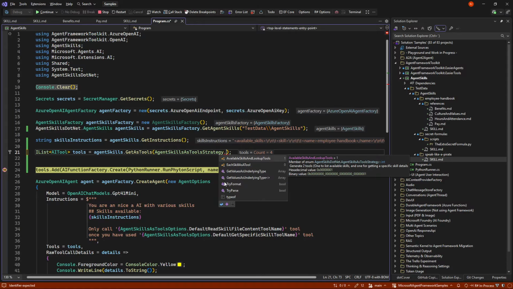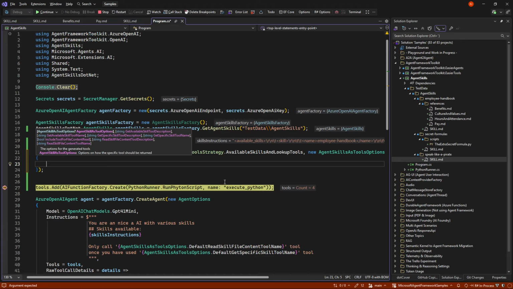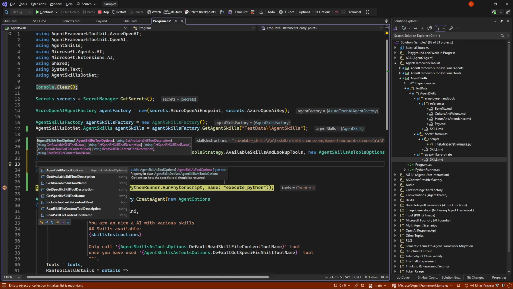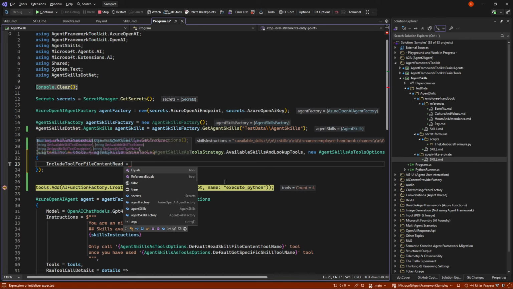What you can do as well is control some extra options here. So here we can control, for example, if we want to include the tool for read content. If we don't trust the system to read any files, by default this tool is actually set up that it can only read the files that are in the skills.